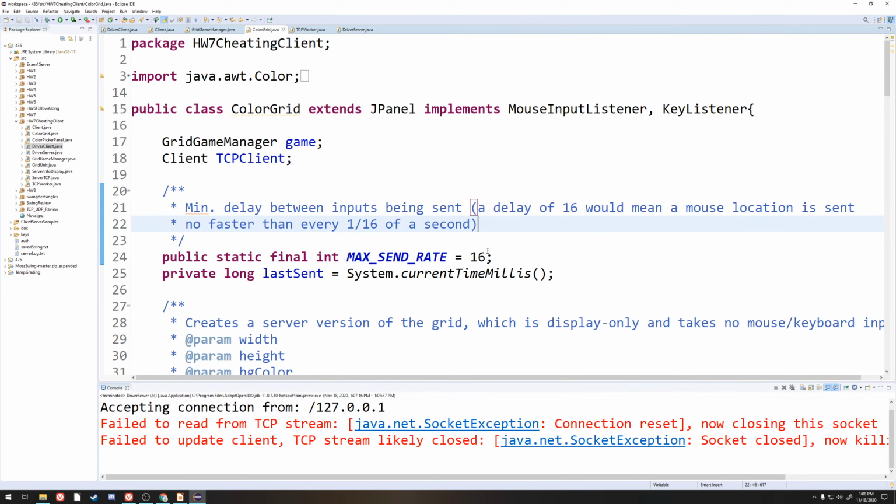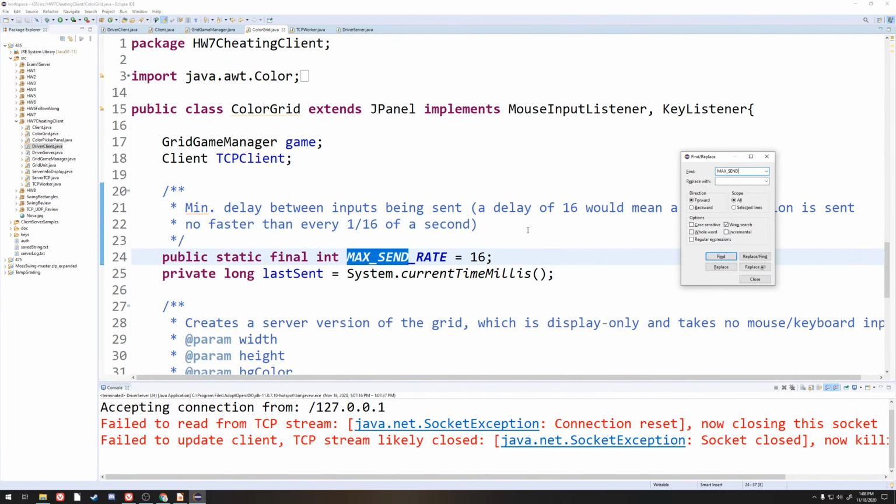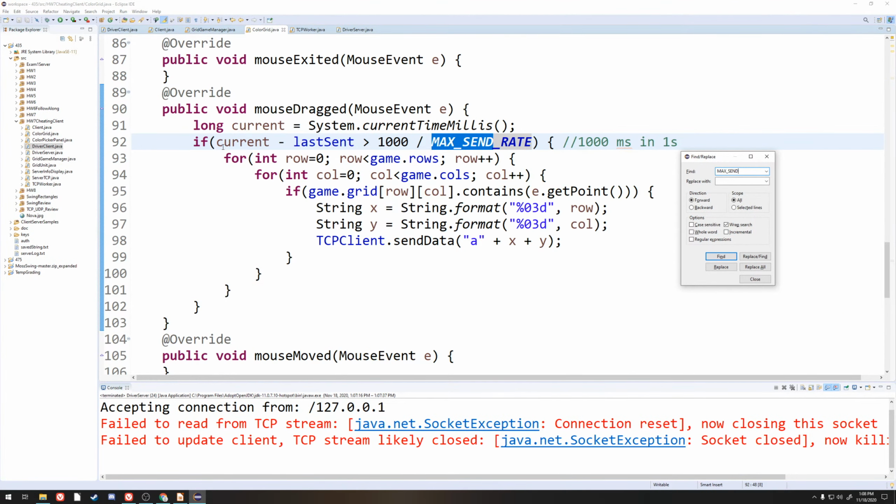So you want to make it bigger if you want to reduce the number of messages that are getting sent. So you want something sent no faster than, let's say, 1/1000th of a second. But you know what would be even better is if we just got rid of this altogether. So let's find where it's used. It's used right here as a check if current minus last sent is greater than 1000. So if the amount of time that has elapsed is bigger than the max send rate, then we're going to